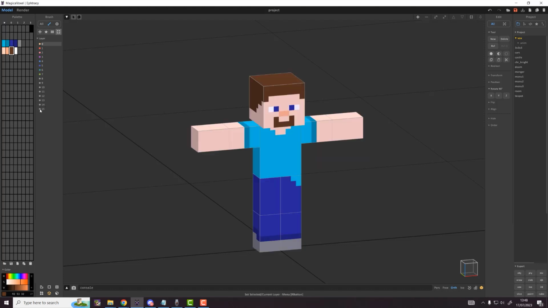It's in this layer. I can turn it on and off. And you see how the lines turn gray, just like this layer is gray. And I can also right click and rename this Steve. Let's save